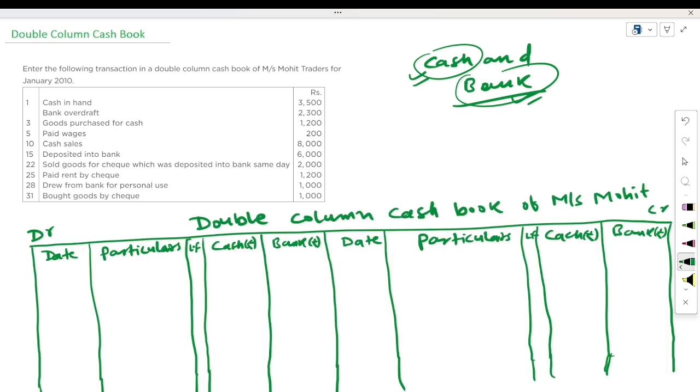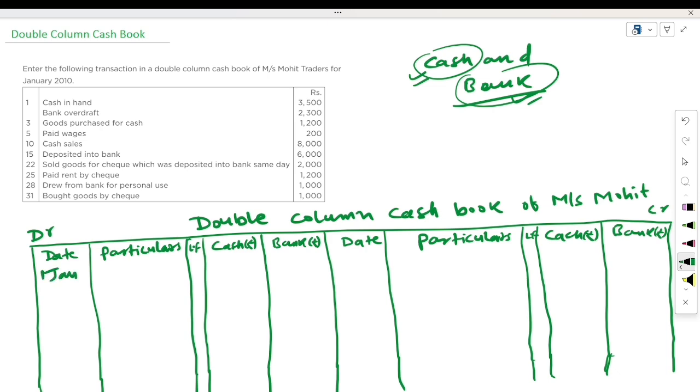This is the format of double column cash book. Here is the debit side, it means receipt side, and here is the credit side, it means payment side. Now what we have to do, first of all, in the question, cash in hand balance on 1st January 2010 is given 3500 and bank overdraft balance is given 2300. So first of all we will write the opening balance of cash in cash column and opening balance of bank in bank column. Okay, see here,